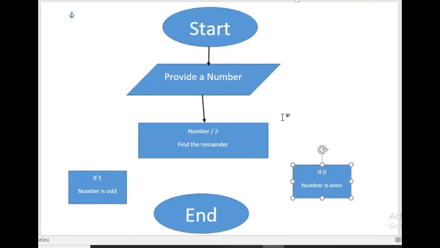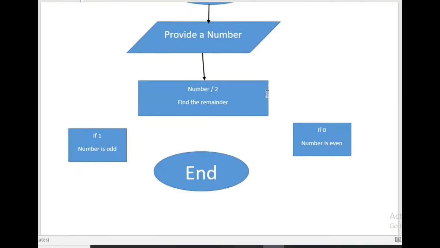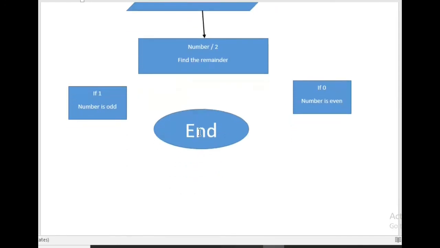And these connectors are there. From here to here, this arrow is there, and after that, the end of this problem. And here also we are supposed to create one arrow like this, from here to here. So it will go either this way or this way, and after that our problem is solved. That means we are terminating this logic at this oval symbol, that is for the end process.